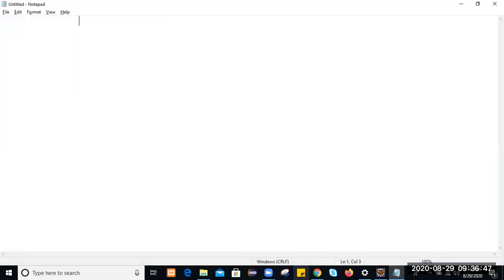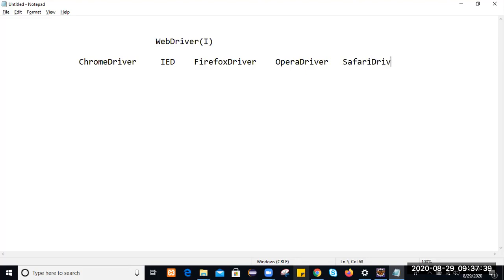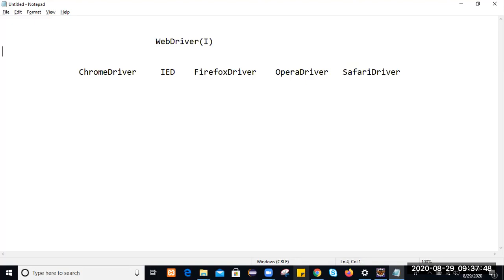WebDriver is an interface, and this interface has implementation classes: Chrome driver is one of the implementation classes, then Internet Explorer driver, Firefox driver, Opera driver, Safari driver, and Microsoft Edge driver is also one of the implementation classes for this WebDriver interface.